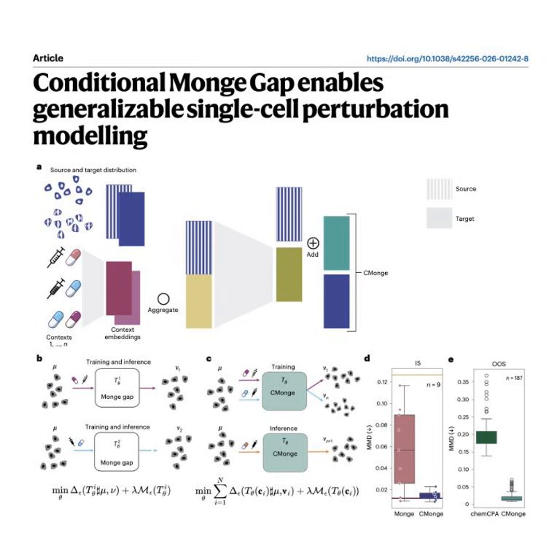But CMonge preserves the spread of the dots. It matches the chaotic shape of the real ground truth data. For clinical biologists listening, why does that spread actually matter? Like, why isn't a tight average blob good enough? That spread represents cellular heterogeneity, and it is everything in modern medicine.